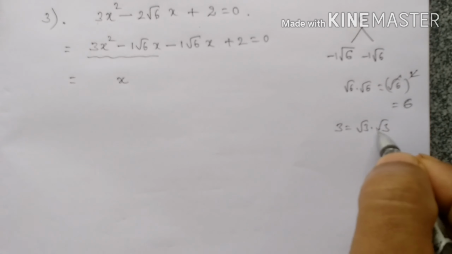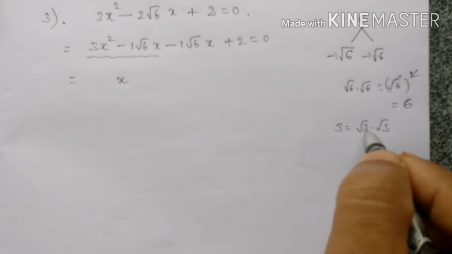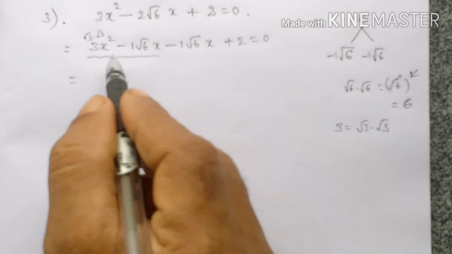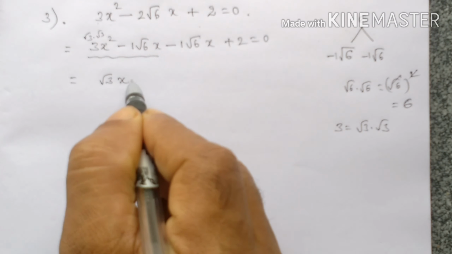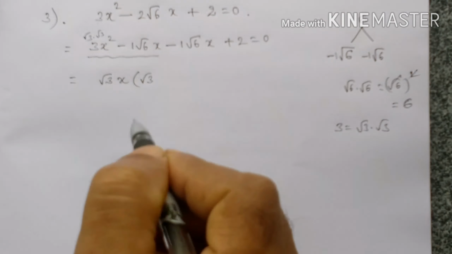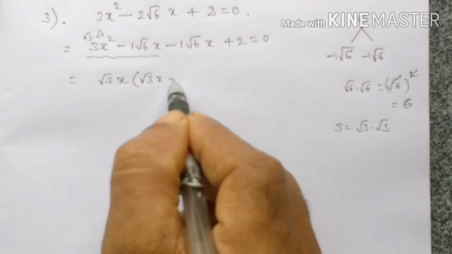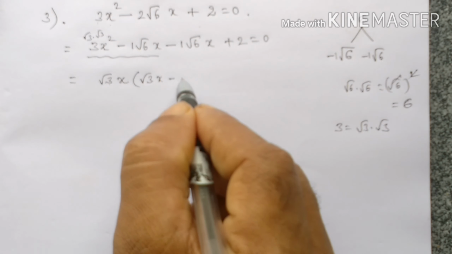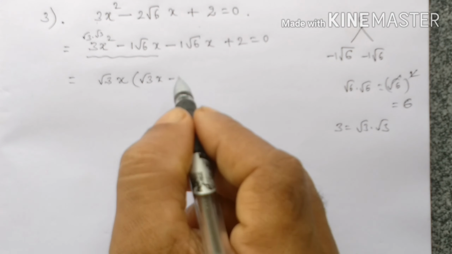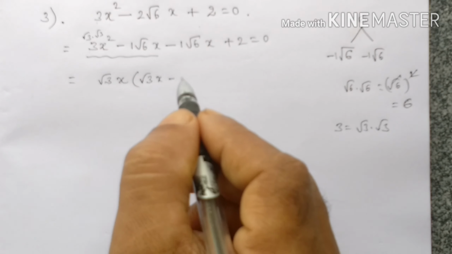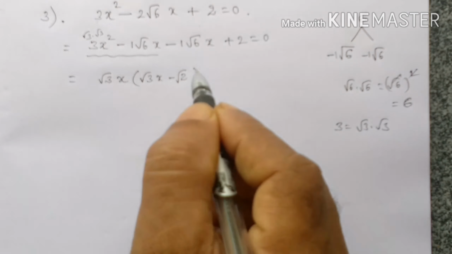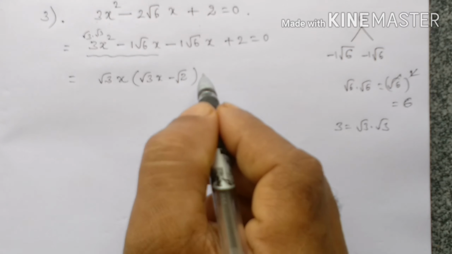Just what we did here, like that. Root 3 into root 3, square root gets cancelled, 3 remains. So therefore use a pencil and write here root 3. So therefore root 3 also you can take outside along with x, and 1 root 3 remains, and 1 x remains, minus root 3 divides root 6, 3 divides 6 2 times. So that becomes root 2, minus,